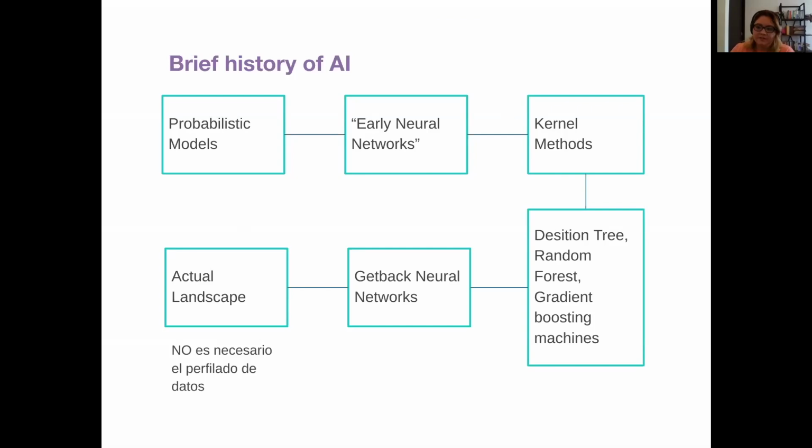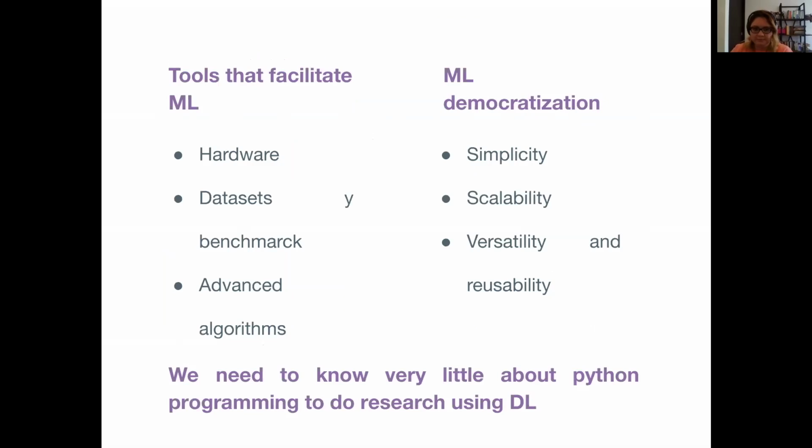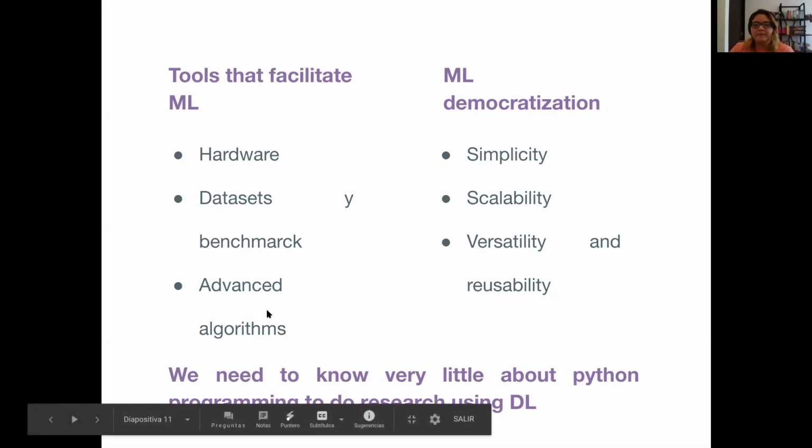But these tools are not new. What is new is the easier way we can implement them in our projects. But why is it right now very easy to implement machine learning models? Mainly because of the hardware. Even on a laptop, we can train several models. Also, now we have more data than at any other point in history. I mean, we can go to DrugBank, to Sync, and to many other databases. And this did not exist 20 years ago. Of course, now we have more advanced algorithms, but